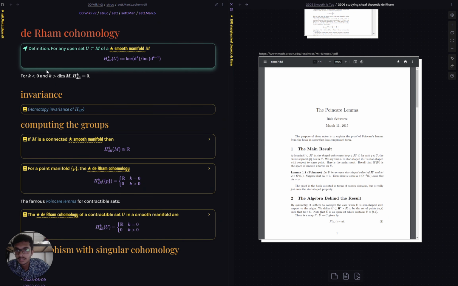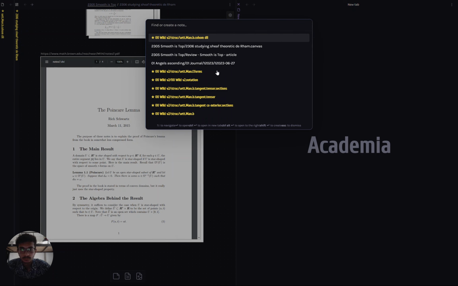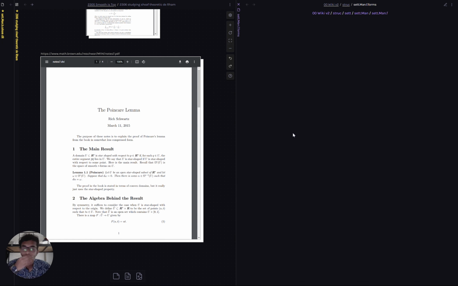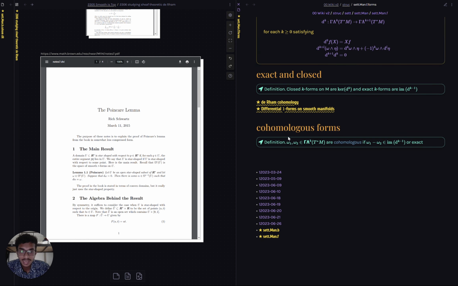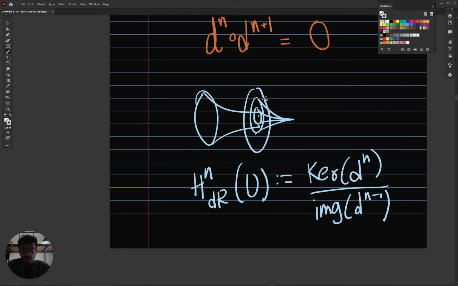Now, again, we are doing very high dimensional stuff here. We are working at the level of sets of differential forms. What this actually means is, we are taking the forms whose D is 0, which are closed forms, and then we are saying that any two closed forms are equivalent if they are separated by an exact form, a form which is D of something else. So that's the quotient doing. The quotient is quotienting out anything whose